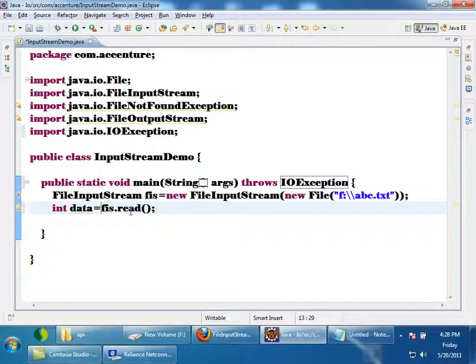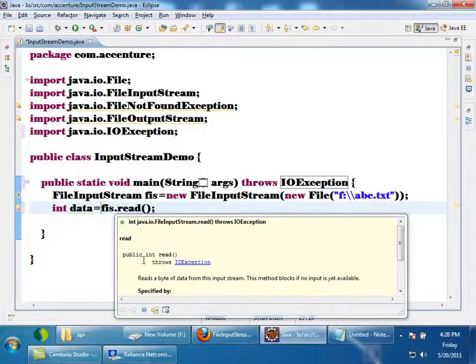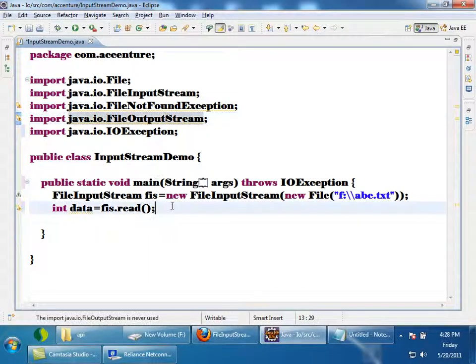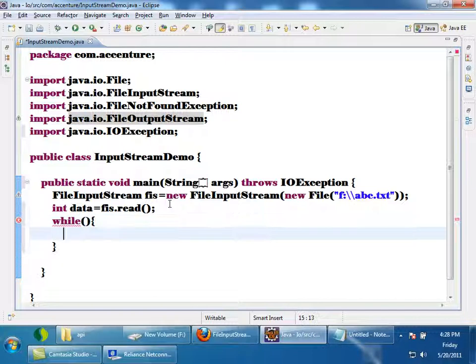Now tell me what this read method will do when end of file is reached. See here, I kept my cursor to show in the documentation. Reads next byte of data or -1 if end of file is reached. So I need to loop while data not equals to -1.